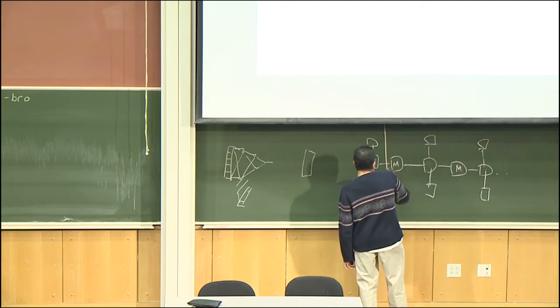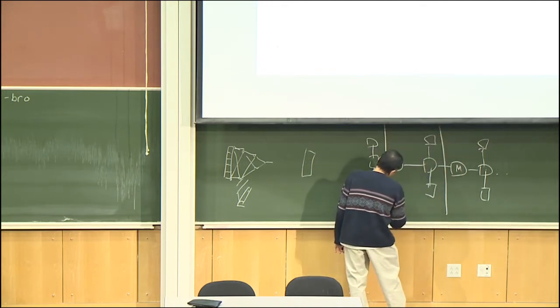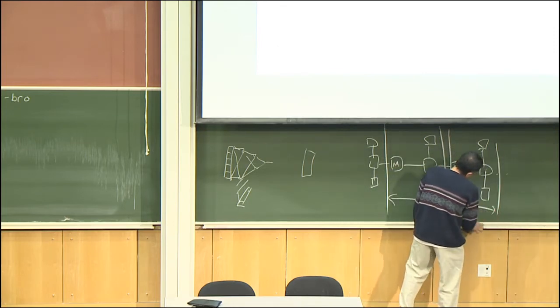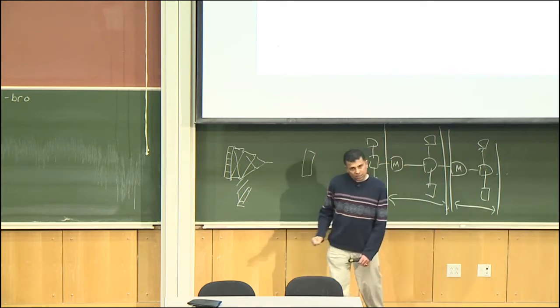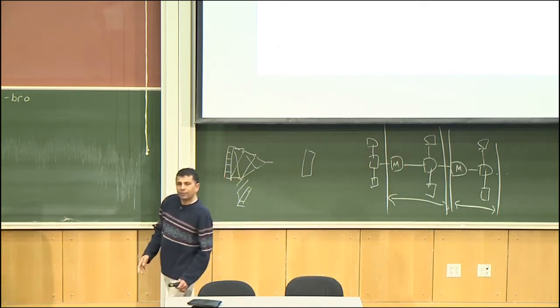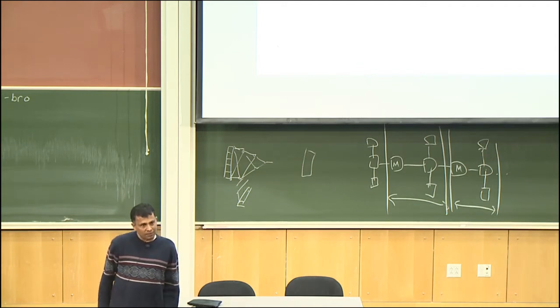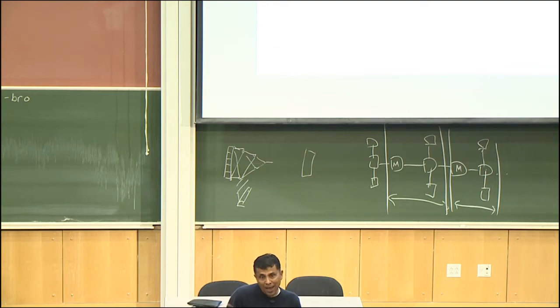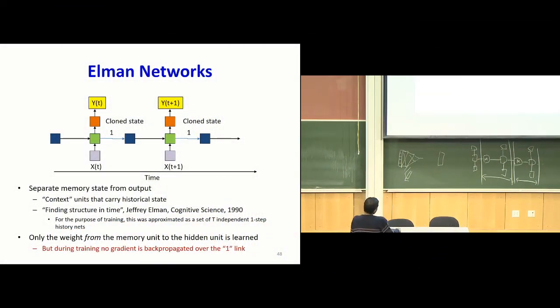And when you were training it, you would slice it up like so. So this would be a slice, and then this would be a slice. And then you treat each slice as independent predictors, where one of the inputs was the memory, and the other was the actual input being fed in. And then you would use these slices to learn the parameters of the network. So if you were performing back propagation, this is fairly straightforward, right? This is just an MLP which happens to have two inputs. So again, there is no transfer of gradients going from one block to the other. Each block is being treated as independent of every other block.